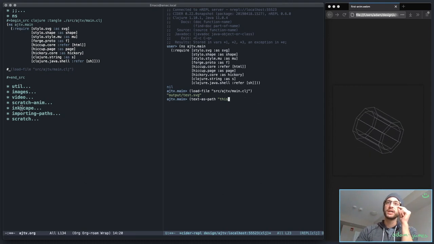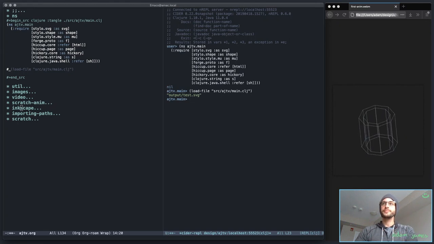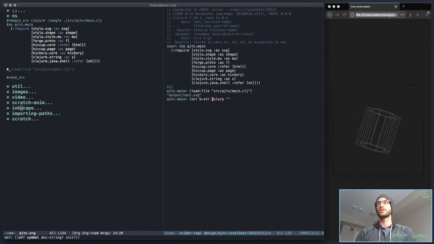So instead, if I can slurp the file, let me do this, def b string, b string is just slurp output slash, what is it? I do believe it's just